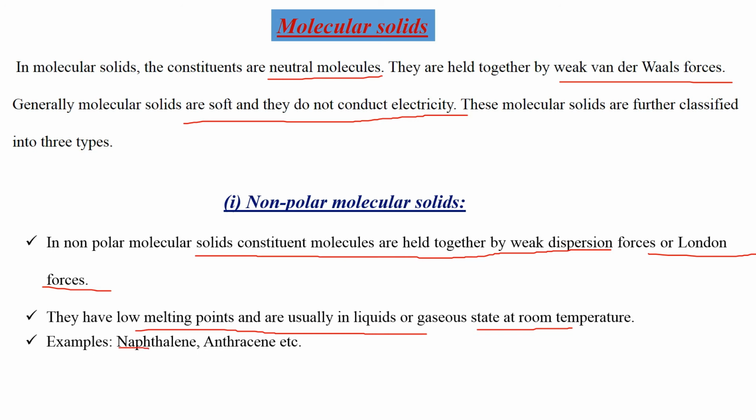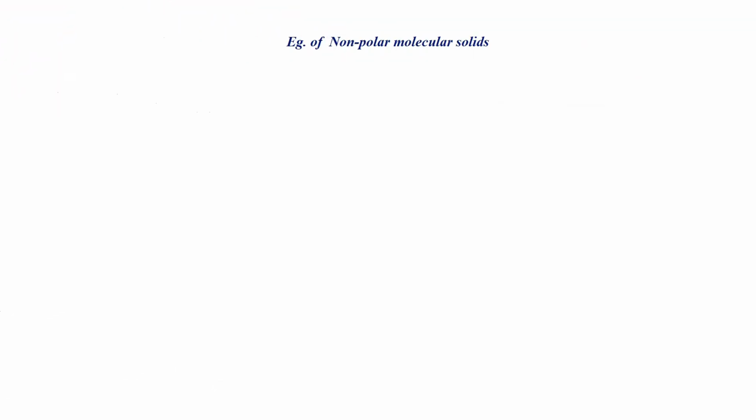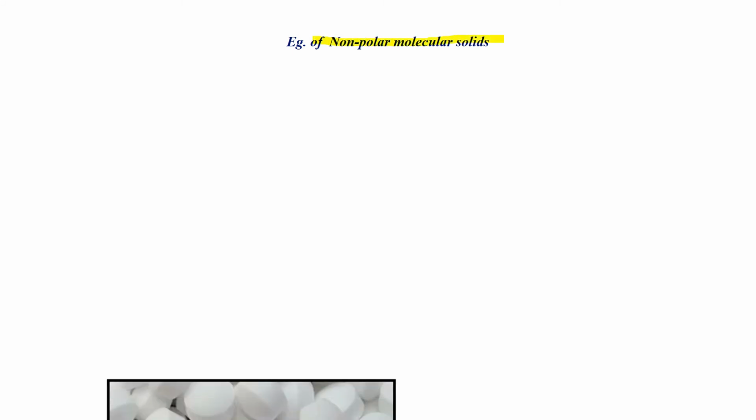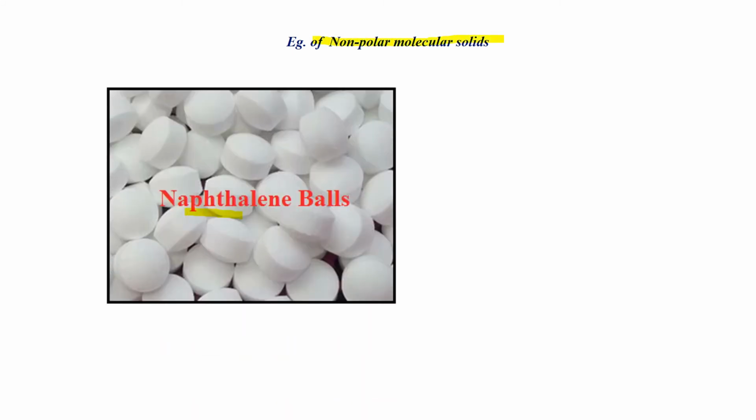Examples: naphthalene and anthracene. This is an example of non-polar molecular solids. And this is naphthalene balls